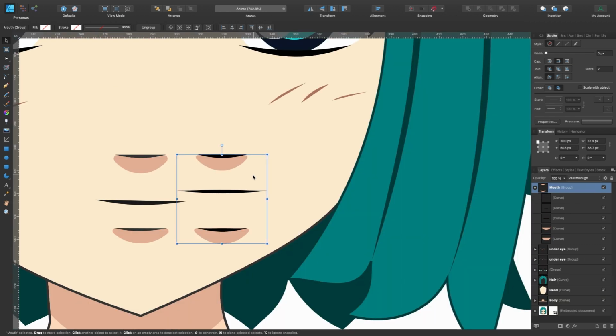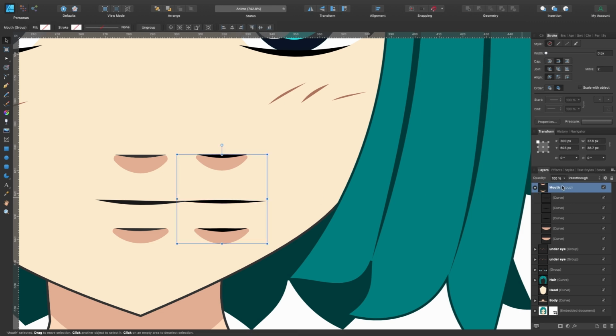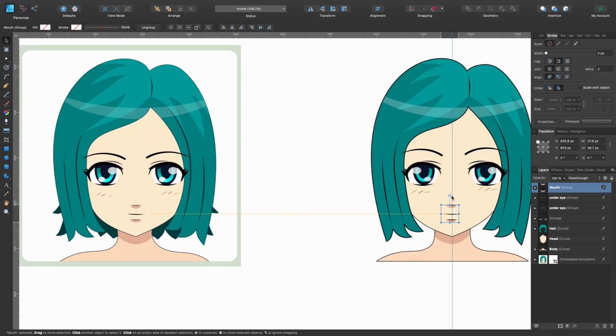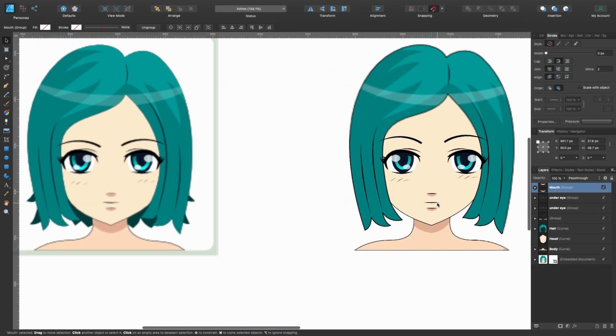So before I move it across, I can see that I haven't placed this mouth area in the right place. So if it's in a group like it is here, all you have to do to get to that bit is just double tap and it will go into your layers in the group. And I'll just press Shift and drag it down in a straight line so it's in the right place. Okay, select the group. Let's zoom out and just bring it to the center, and it should snap in place if we have our snapping on. So there we go, it's snapped into the middle.